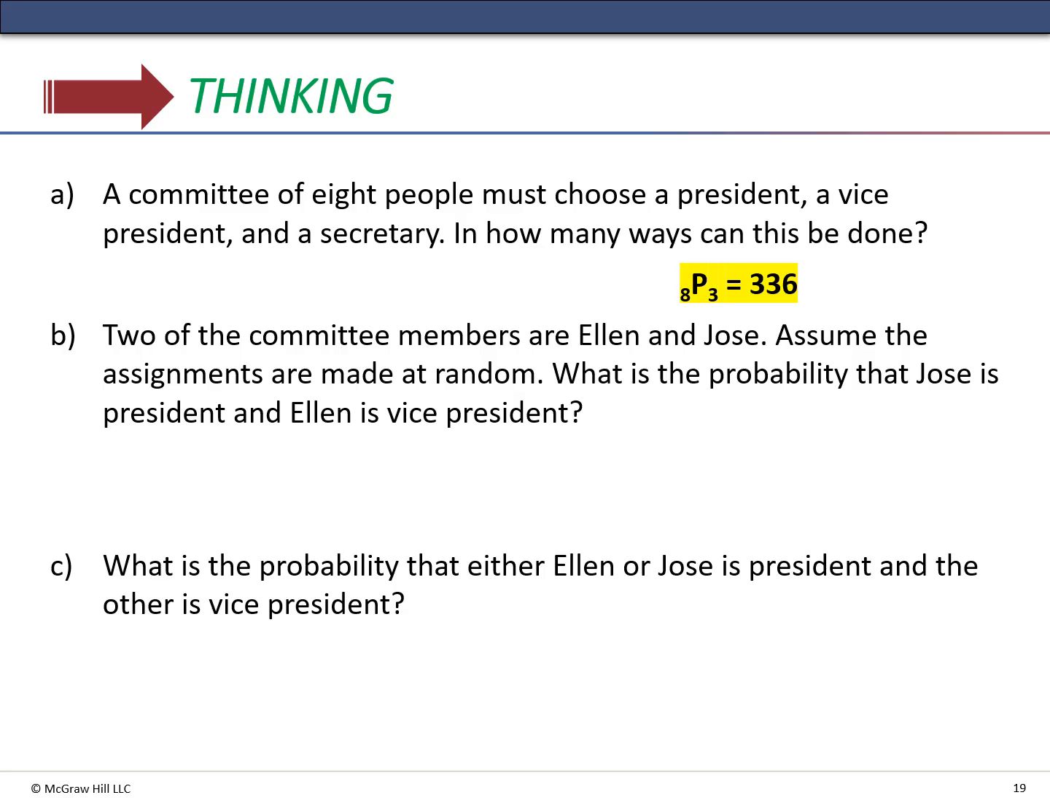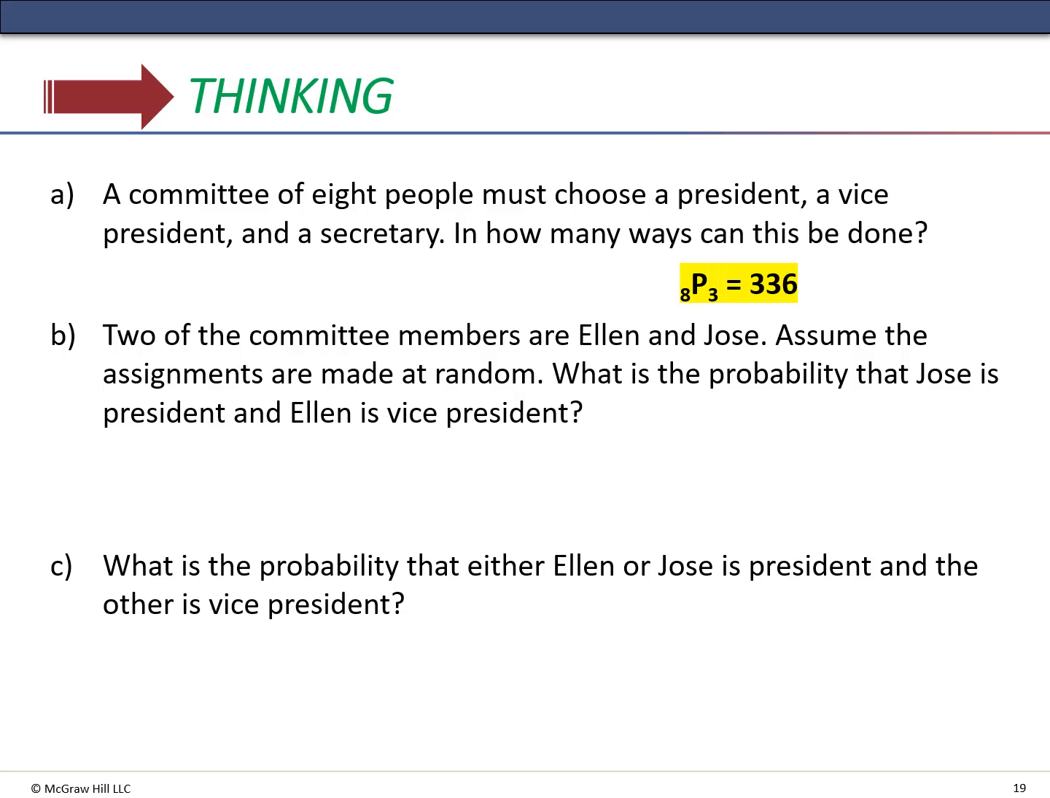Two of the committee members are Ellen and Jose. Assume the assignments are made at random. What is the probability that Jose is president and Ellen is vice president? This is a good place where the hangman works, okay? Because we have 3 choices. And so notice this says that